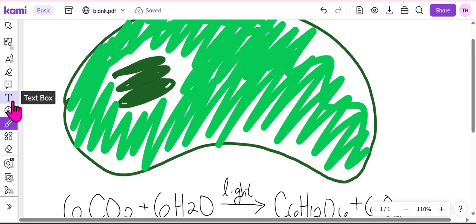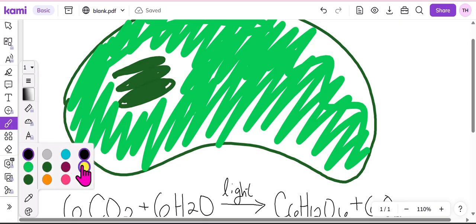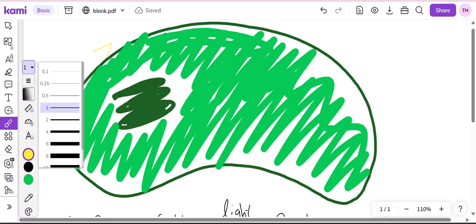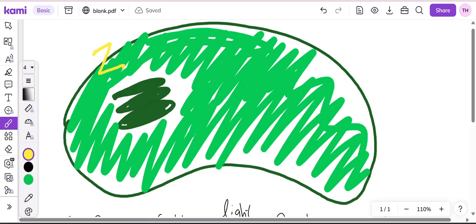Okay, so to start this process off, we're going to take a look at the beginning. So first thing that's going to happen is light energy is going to come into the thylakoid. And as that light energy is coming in, remember that it is going to essentially make it so that water,